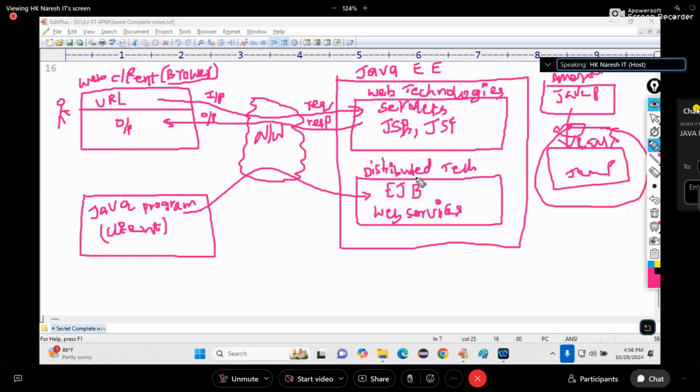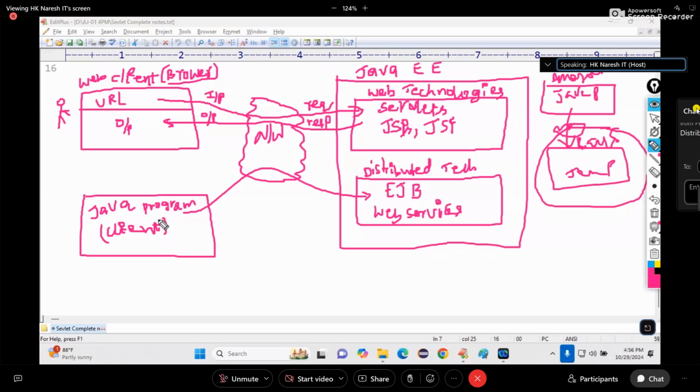What is a distributed application? An application that can be accessed via network from another normal standalone application is called a distributed application. It is distributed throughout the world to access.